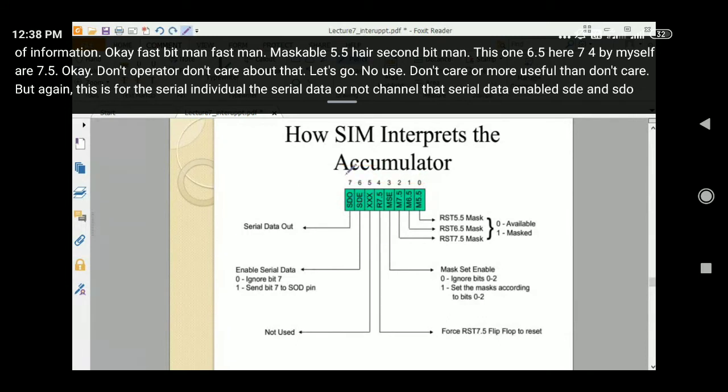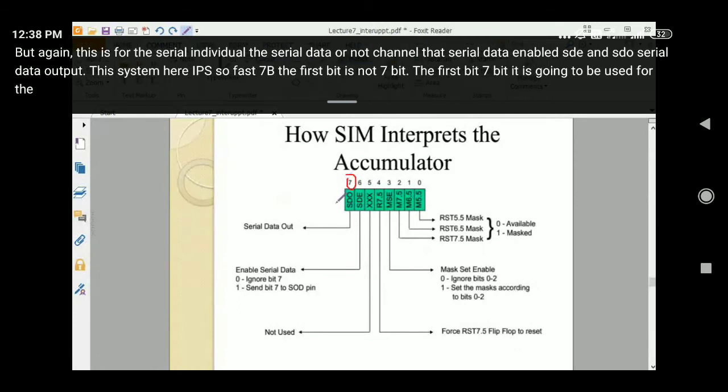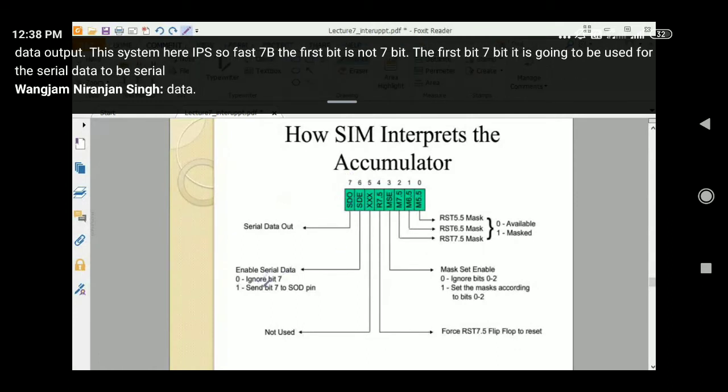The first bit, bit 7, is used for the serial data, whatever serial data communication we use. And the second is SDE, to enable the serial data.